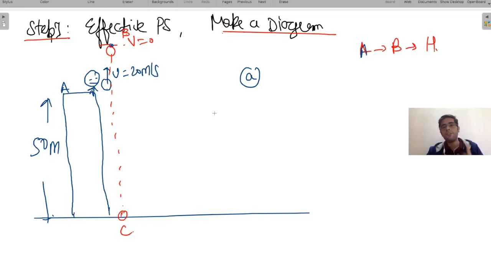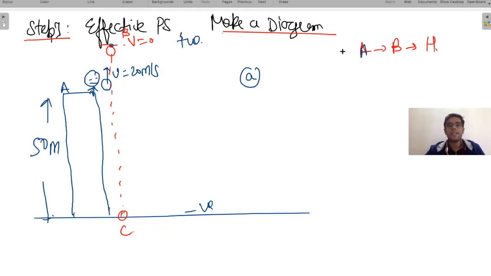And also one very important thing in solving such questions is directions. What you can do, you can assign any direction as positive and the opposite direction becomes negative. I'm assigning the upward direction as positive, and the downward direction as negative. You can even do the reverse. You can assign the upward direction as negative and the downward direction as positive. That's up to you, but for me, I'm assigning upward positive, downward negative.